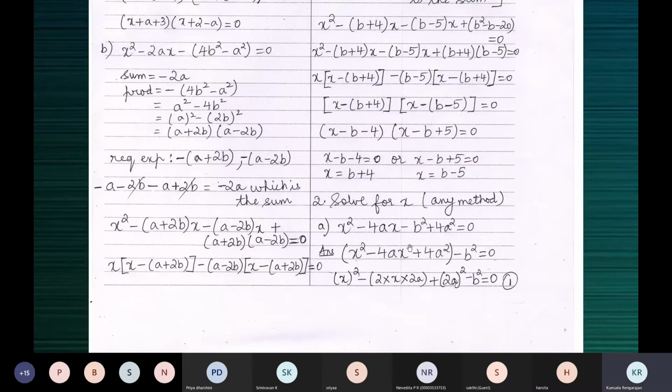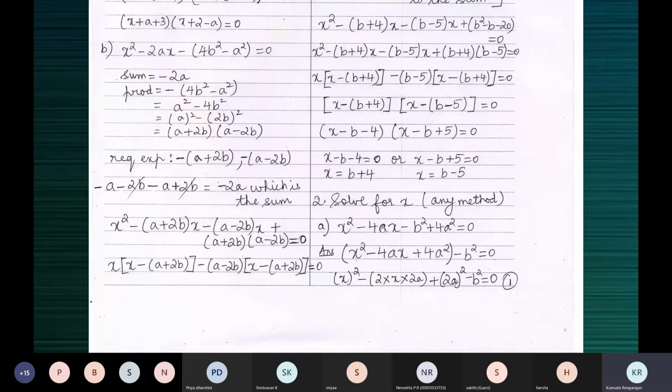Let me tell you that again. It is a square minus 2ab plus b square, it's not minus b square. It's either a square minus 2ab plus b square, which is a minus b the whole square, or a square plus 2ab plus b square, which is a plus b the whole square. So you know that you can use x square minus 4ax. This is the x square term, this is the x term. For these two terms, you can use this as a third term, and this is a perfect square. We'll see how it's a perfect square. So this one we'll have separately, minus b square.